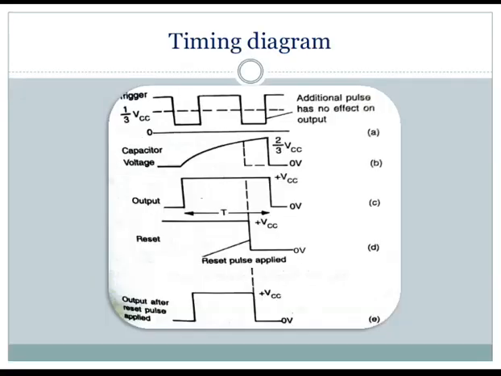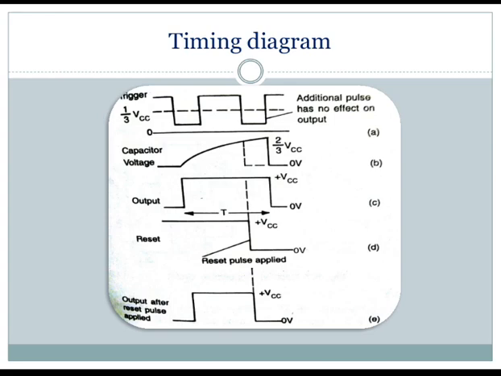Under the initial condition, we apply a trigger pulse on the second pin. This trigger pulse is normally a negative edge trigger pulse. We apply it on the second input terminal, and since initially there is no charge on the capacitor, C remains at ground. At the same time the output also remains at ground. After some time T, it moves to 2/3 of VCC, which means the capacitor is going to be charging exponentially, and the output also moves from the standby state to a high state. It means moving from 0 to 1.